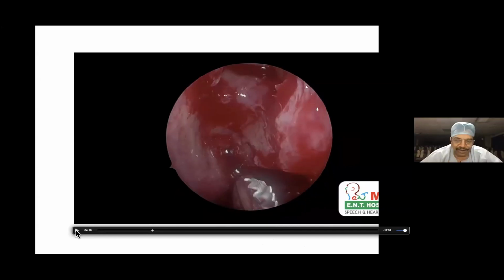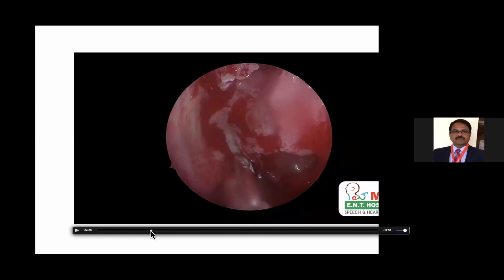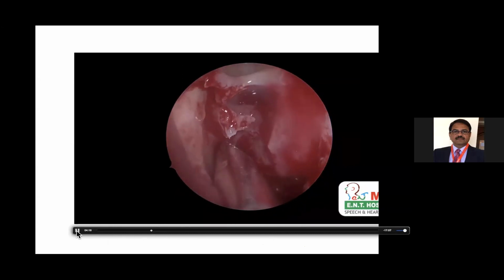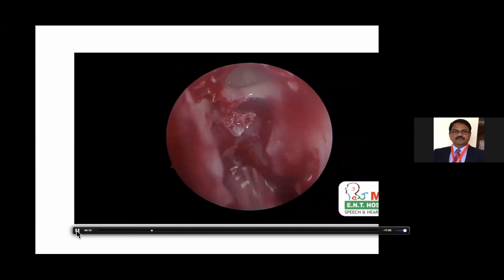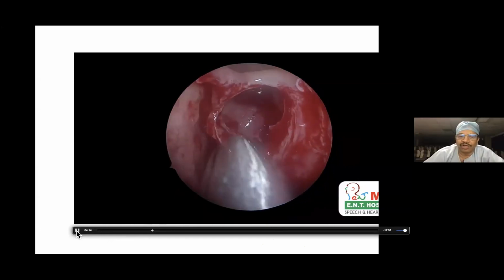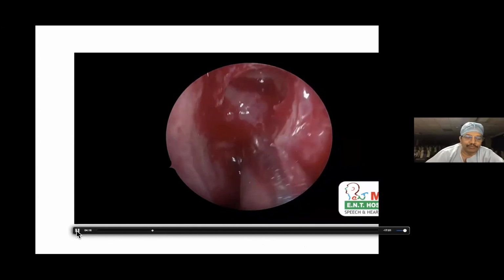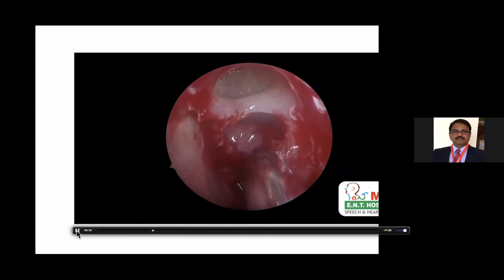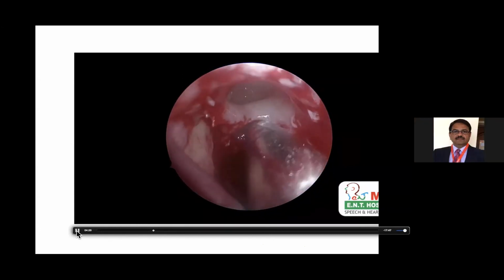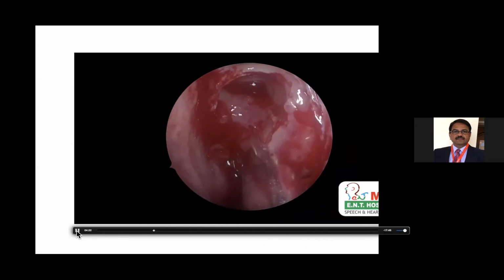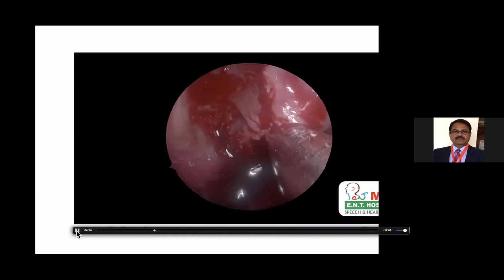I've used a Blakesley to remove the bare bone, the bit bone pieces. See, now this is where junior colleagues will be scared. So here, what are the things we should be careful of? I removed the mucosa, debrided the mucosa, and used a Blakesley to remove the bare bone. And the lateral landmark, the lamina papyracea, are we identifying it at this moment? It is visible already. So how should we be careful?